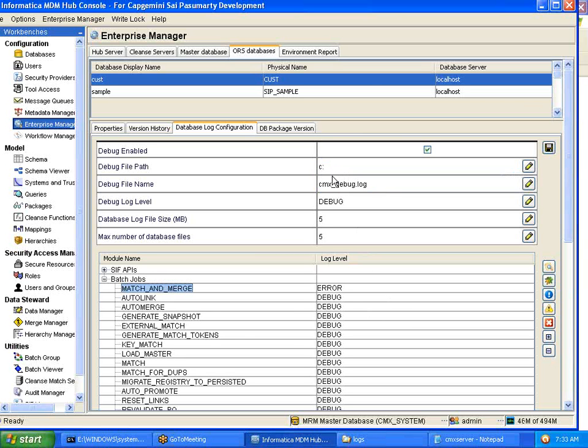Similarly, you can pick up any job. Here, let us say warnings, display warnings, and for another job, let us say match tokens, informative messages, and for the match job we can have, let us say, debug, and then auto promote, which we discussed earlier. Let's say complete data, which includes error messages, warning messages, fatal messages, informative messages, and debug messages. All includes everything. Then we have other types of jobs like